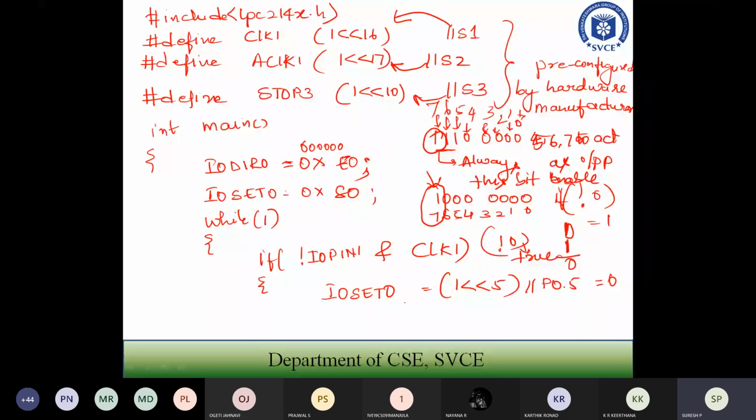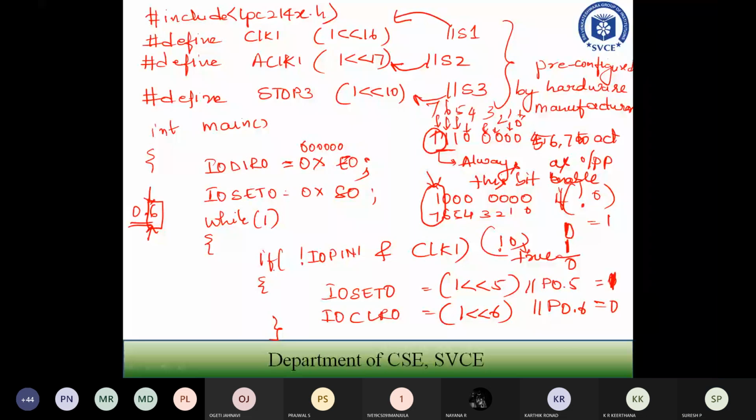So now the anti-clockwise direction will be held by your sixth port. Your sixth port is going to have that one. So now I have to make this particular port disabled. If I want to disable it, I have to clear that particular bit. I'm going to clear it using the IO clear 0. IO clear 0 is going to clear the bit in the sixth position. So that means your P0.6 will be 0 and your P0.5 will be 1. This is how it is going to be. This is for the clockwise direction.